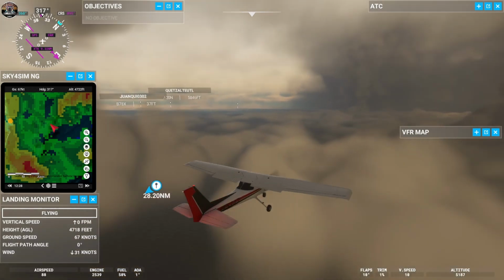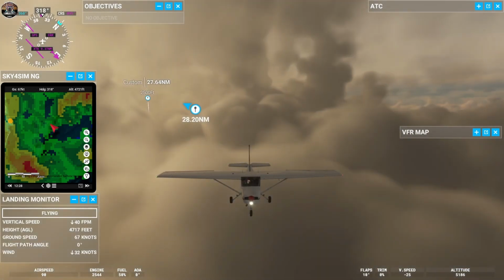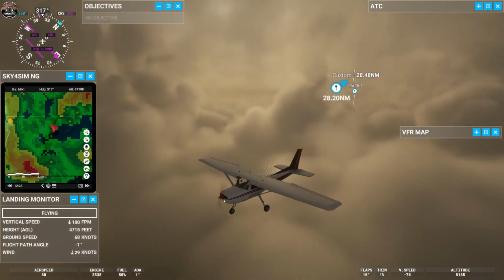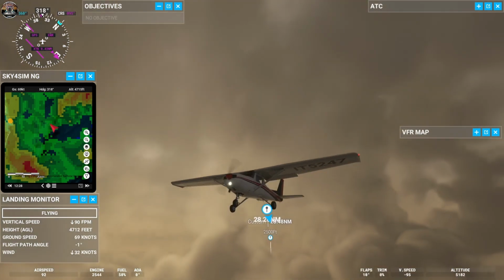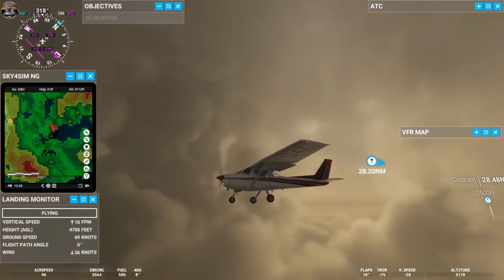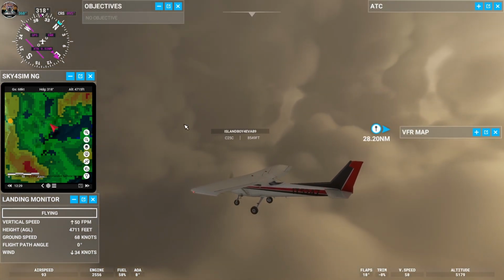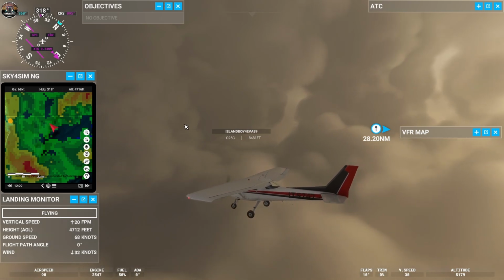Yeah, I think we just flew right through the eye, guys. If not, we were pretty close to it. I am enjoying seeing these clouds. These clouds are really cool looking. Scary with the lightning, I'll agree, but